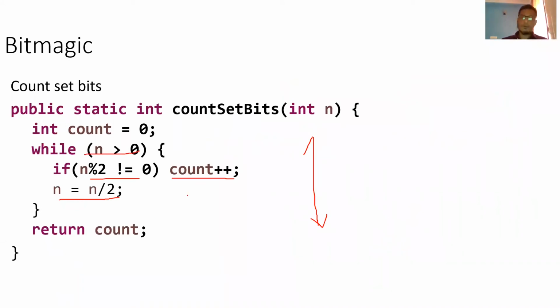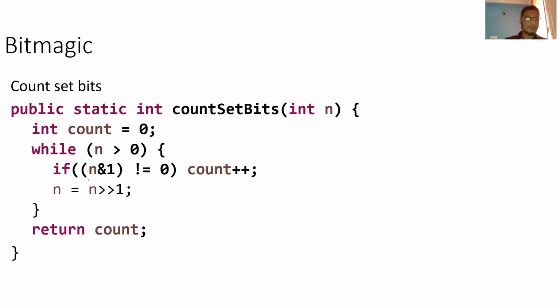Right? How will you do it with bitwise? It is pretty simple. What I am doing is trying to AND with that number. Okay. So what I have is 7 here, right? I am trying to AND with 1. So once I do AND, it will be 1 here. This is 0 and this is 0. So I will check the result of ANDing with 1. If it is not 0, I will increment the count. So count plus plus. Here it is not 0, right? It is 1. So I will increment the count.